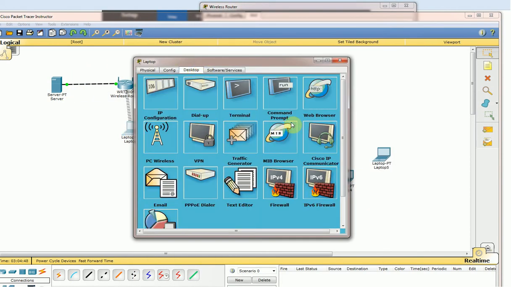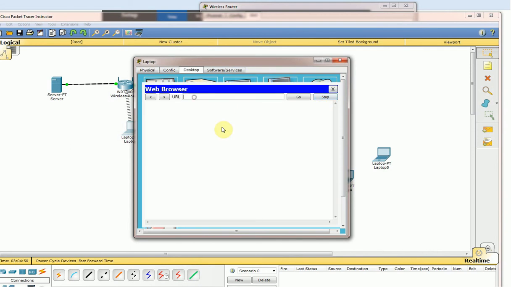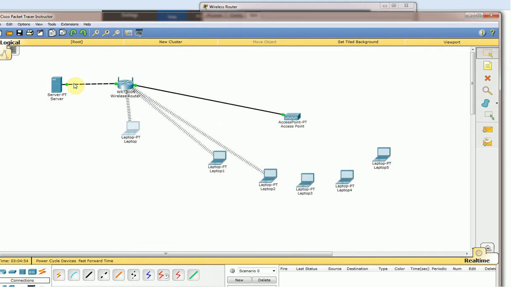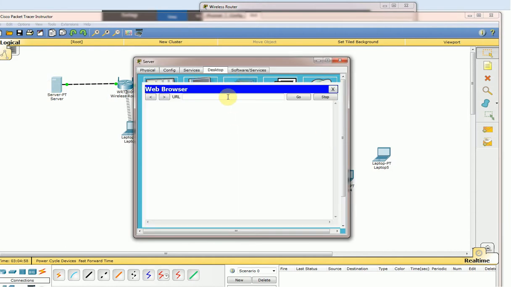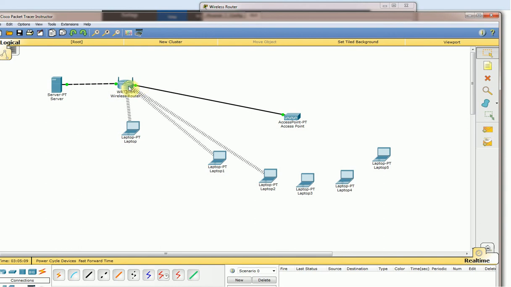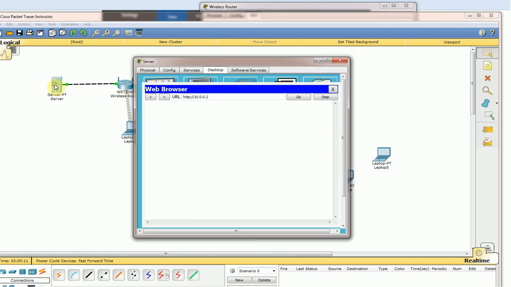For example, go to desktop, go to web browser, or rather from the server it's better. If we type 10.0.0.2, this IP address should respond.